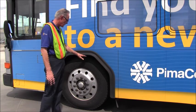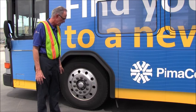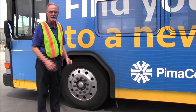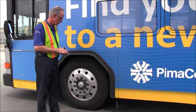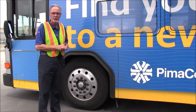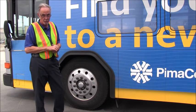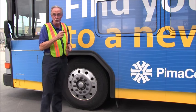As we move out, we'll inspect the airbag mount. The airbag's mounted to the frame securely. It's not damaged, no missing parts. It's not bent or warped. We will inspect that the airbag is mounted properly in the mount. The airbag is made of rubber. We want to make sure that it's not cracked, punctured, no nuts or bolts or screws stuck in it, and